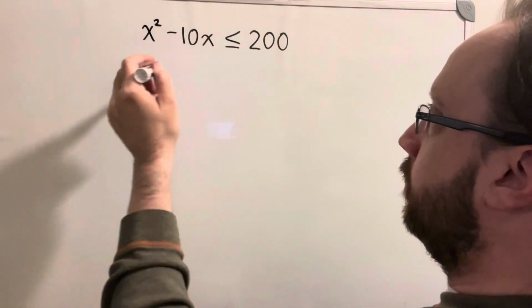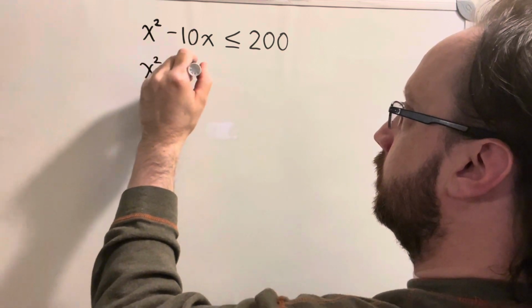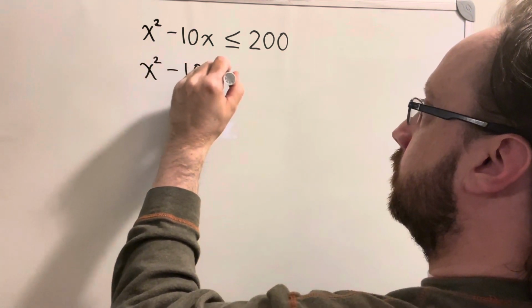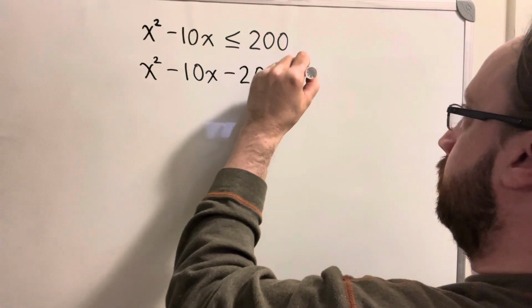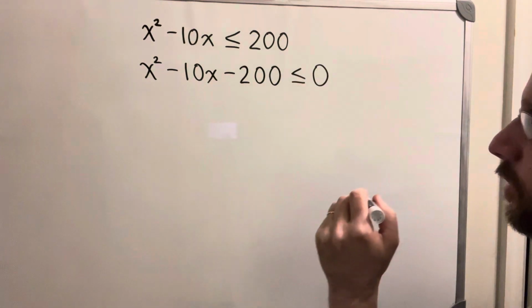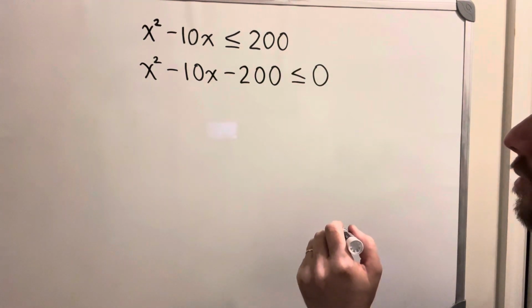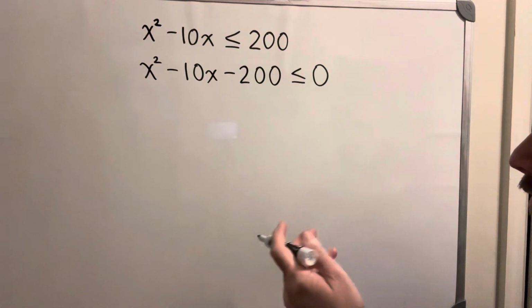I'm going to subtract 200 from both sides. 200 minus 200 is 0. So now it's x squared minus 10x minus 200 is less than or equal to 0,